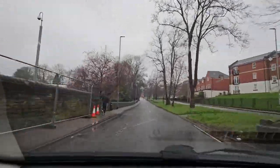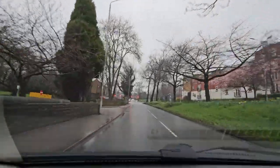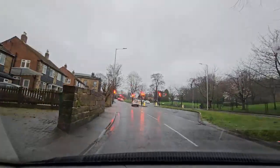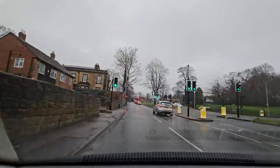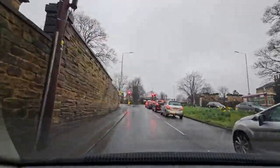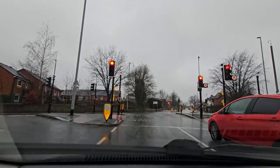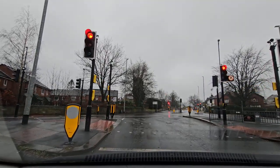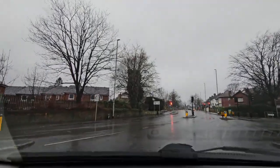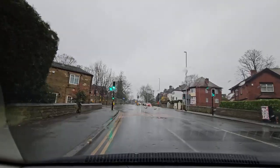there used to be a hospital on the left and the right. I think it's still there on the left, Chapel Allerton Hospital, but on the right it's all been sold for housing. I think Chapeltown Road is down to the left. I'm not quite sure. Carry straight on to go out of the city, but we're trying to go across the city this morning, so we'll go